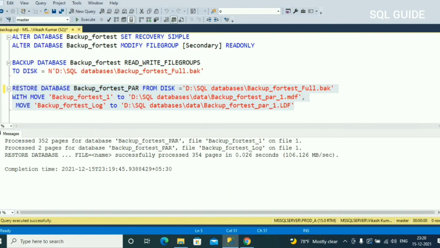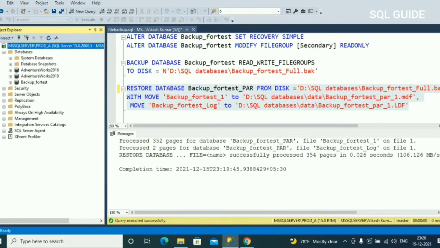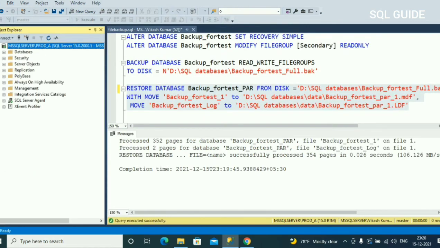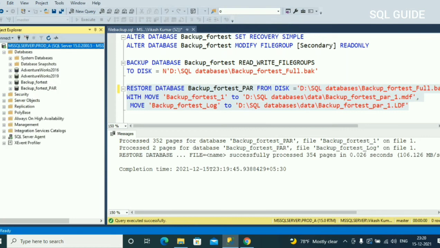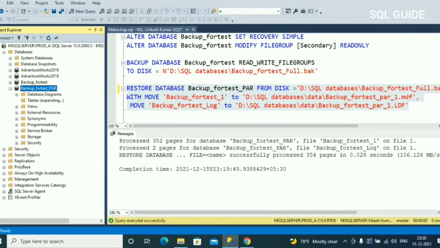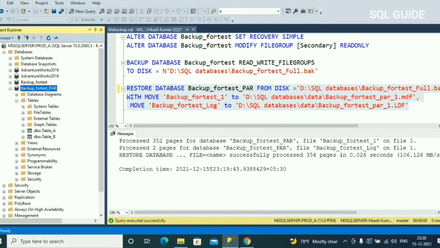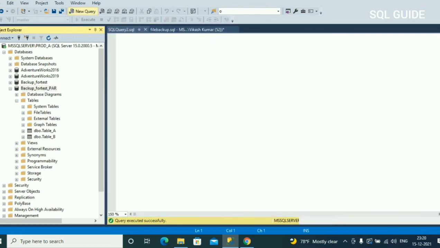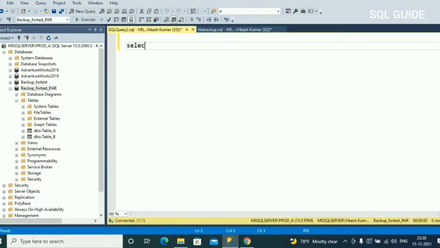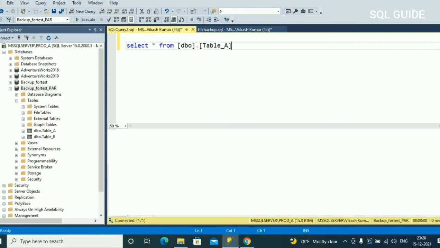Let's connect with SQL Server now and refresh it. You can see backup for test is restored successfully, and you can see the table created in the secondary group is also created here. But let's select data and see.